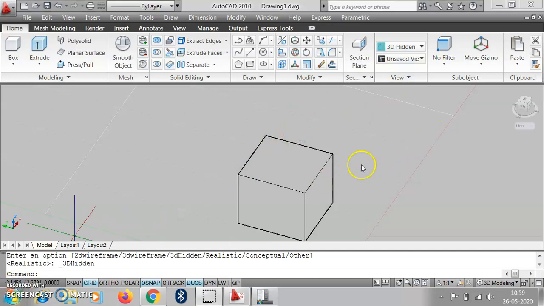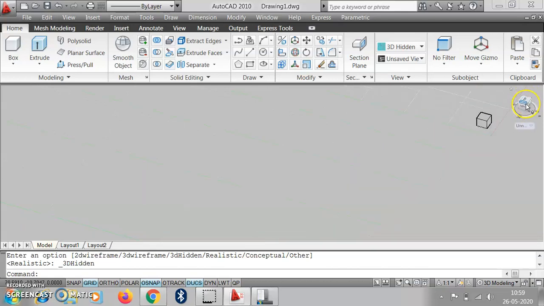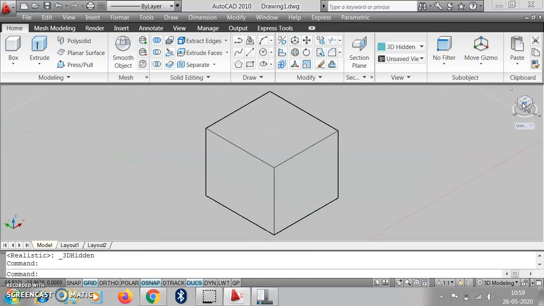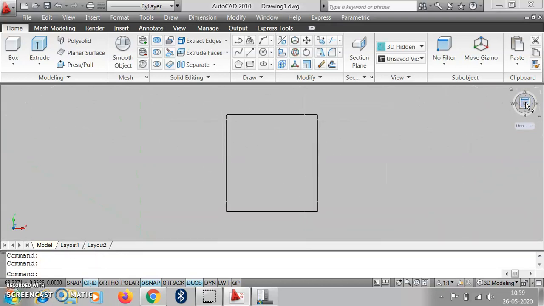Then if you require to show the different views of the object, in that case we have to go to this view box and here select the different corners. Suppose we choose this corner, we get the WS isometric view. Suppose we click here on top, we get the top view.